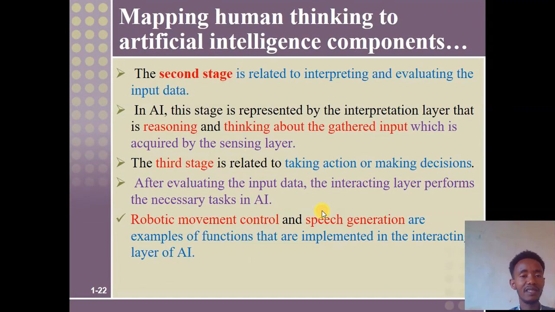So the second stage is related to interpreting and evaluating the input data in terms of the human being. Once we recognize the stimuli from the environment, the second is interpreting and evaluating. But what about artificial intelligence? The same stage is applied or simulated. In artificial intelligence, this stage is represented by the interpretation layer, that is reasoning, able to reason, able to think about the gathered input, which is acquired by the sensing